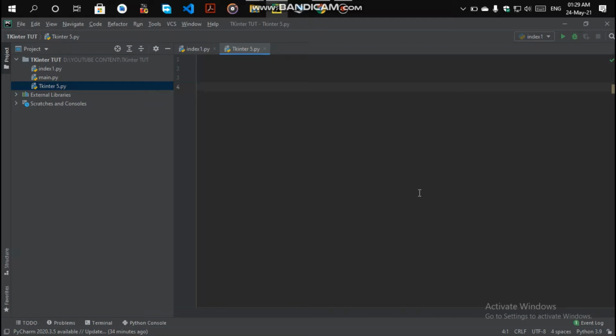If you give the value of padx, then it will pad the widget from both sides. If you give a numeric value of pady, then it will pad your widget in the y direction, that is, from both the up and down directions. So this is the basics of the place widget.